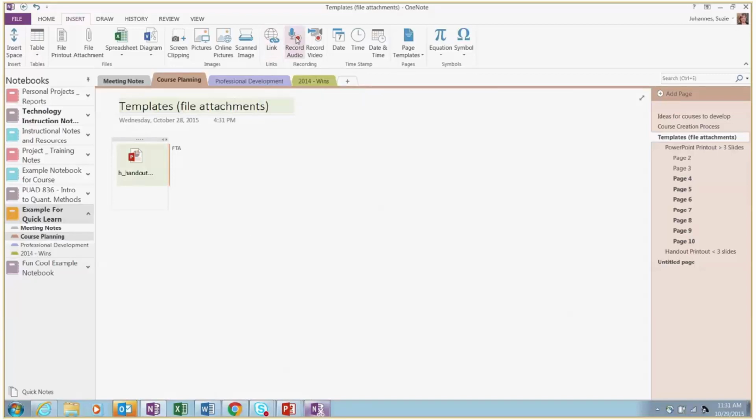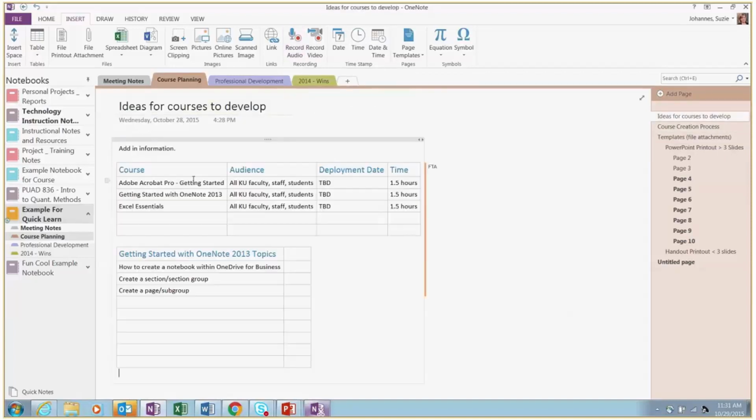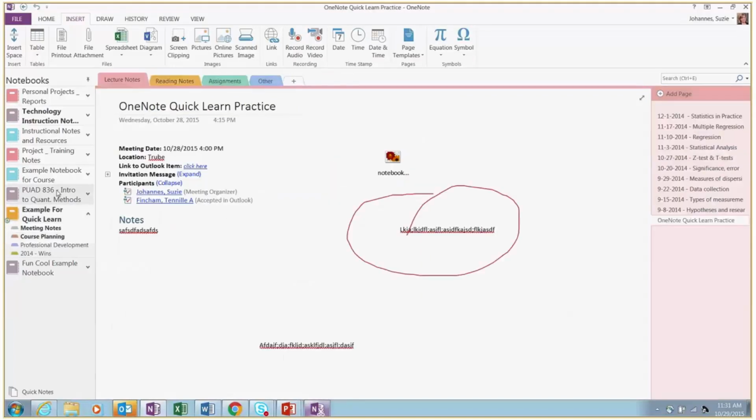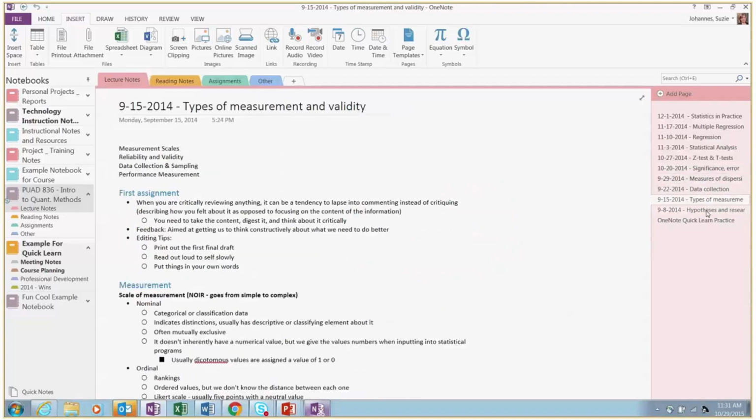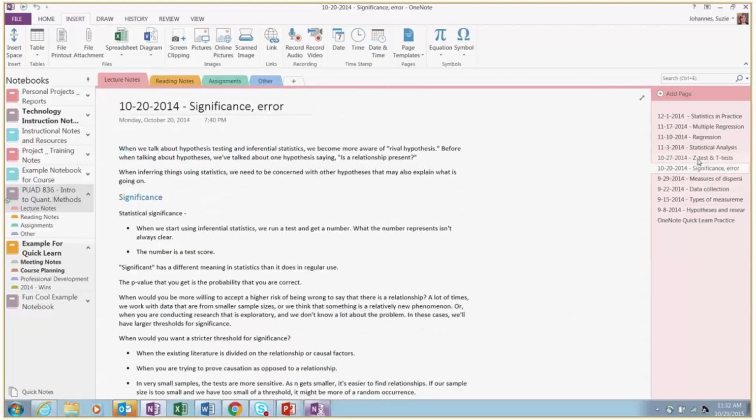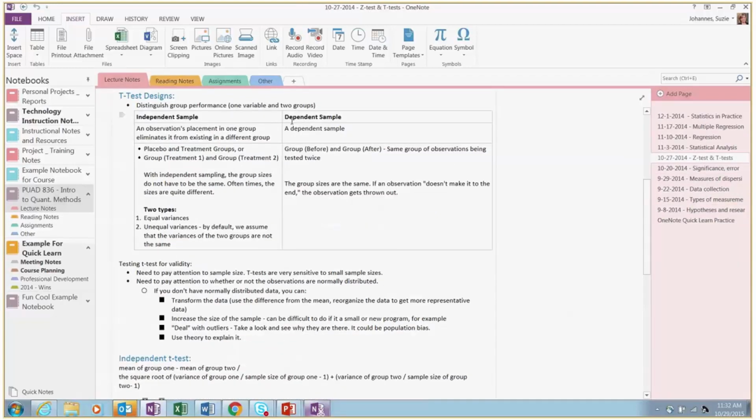You can insert audio recordings or video recordings. I did this once with a few audio recordings. It worked great. You can also, pretty nice, create tables and insert tables. So I think I use this, I have a class one opened that I actually used for one of my classes, and that was really great for me because I had I think a table that the teacher had created on the chalkboard. I was able to transfer it here. I could have also taken a picture from my mobile phone, from my iPhone, and pasted it and put it in here as well.